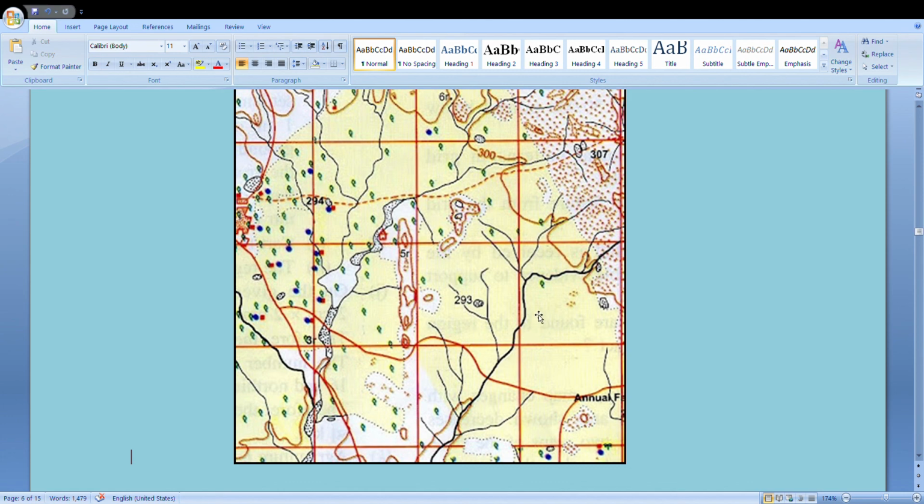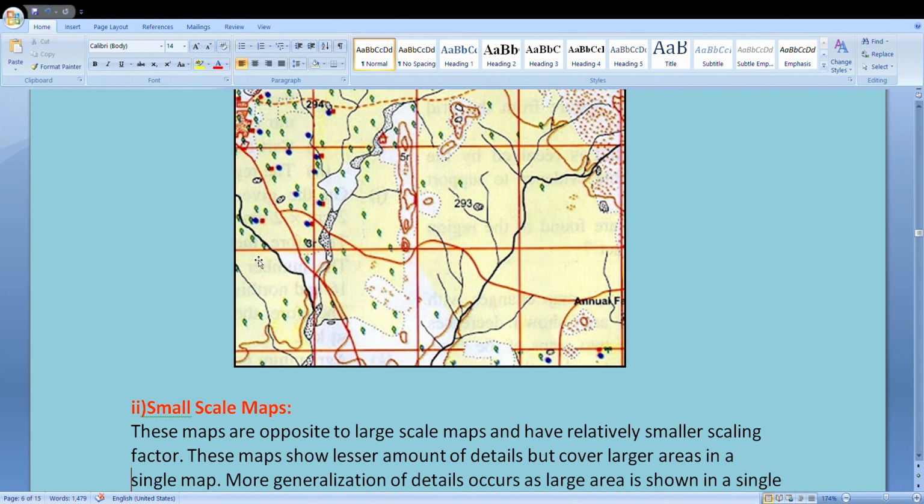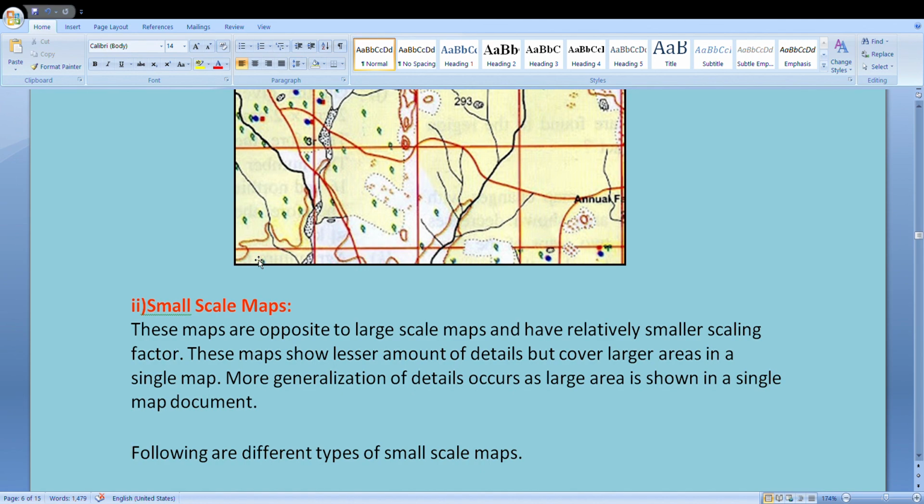This black line is a dry river. A dry river, if you see it from a great height, will not look like this either, but it is represented like this. So topographic maps are represented with certain conventional signs and symbols. This red patch is a village.